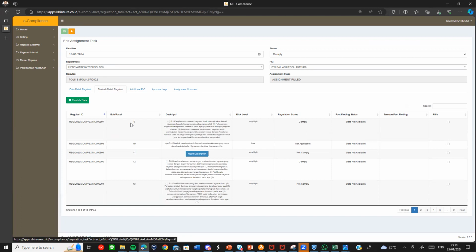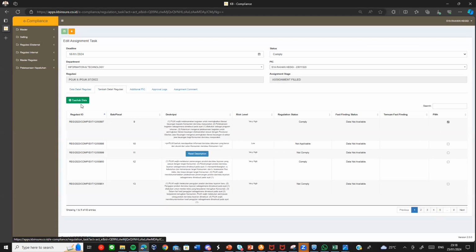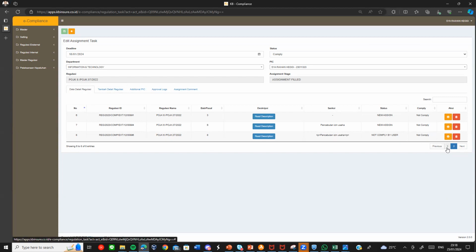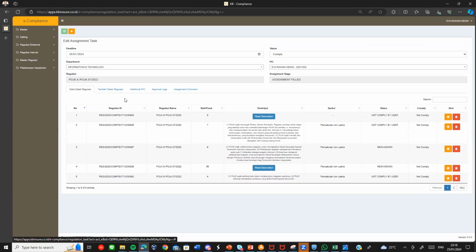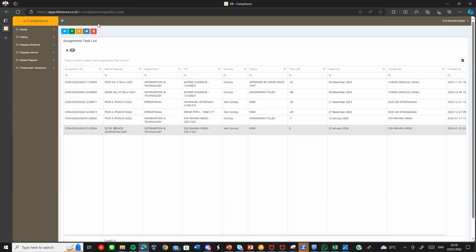For example, I want to add the bab 9 regulation there in the POJK 6. Just click it and maybe the 55. Okay, and click the tambah data button, and the system will reload as per usual in this section, and we show the 55 and the 4 regulation. The 9 and the 55 are already assigned to the user, the new data we created before. This is some information if you want to know.